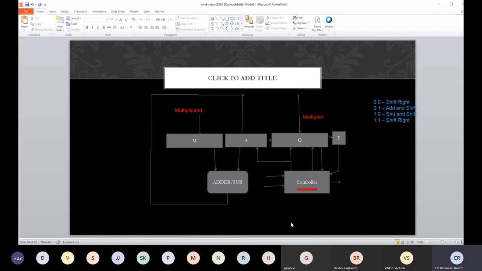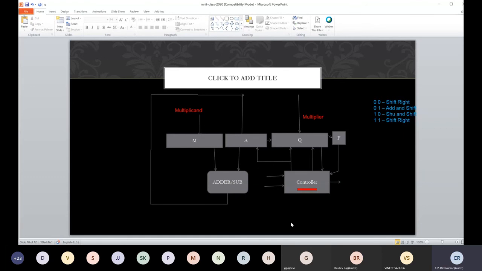Definitely it will reduce the amount of work required. It may also reduce power, etc. But whenever you try to do something good, like in this example, we tried to be smart, but we increase the hardware a little bit. Instead of just requiring an adder, we are also requiring a subtractor or an adder subtractor.